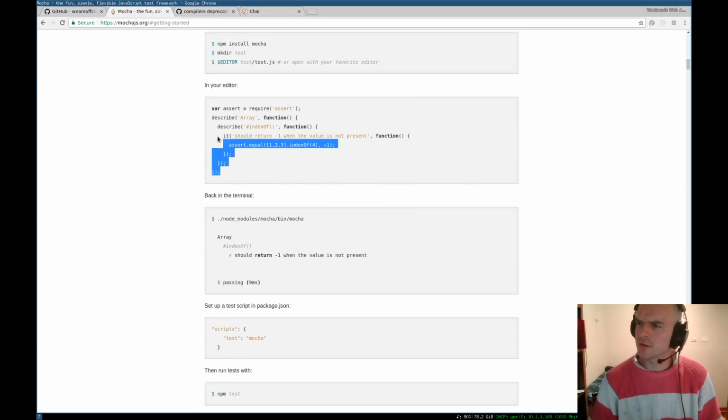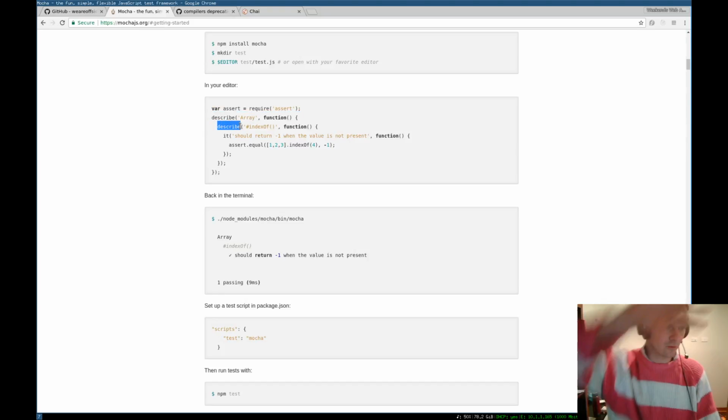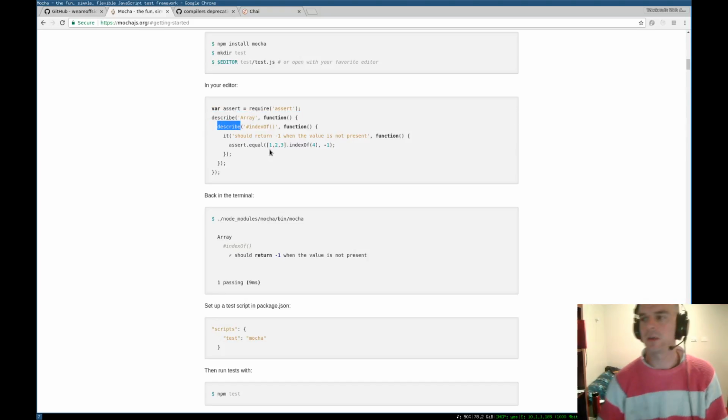So in terms of the declarations, the way it works, we've got this describe and then these it functions. Describe essentially creates groups for your testing, and then the it functions are your tests.